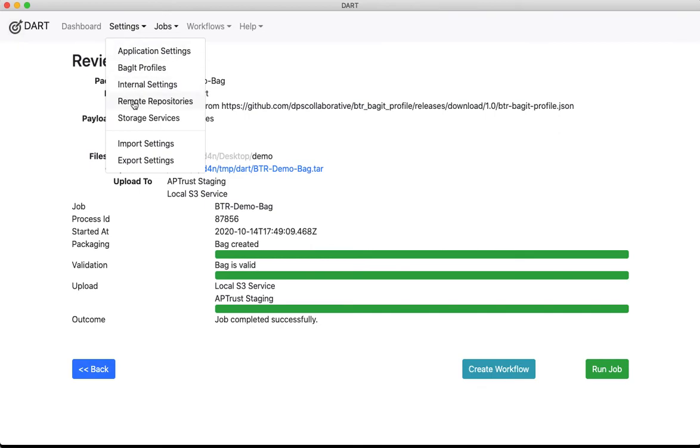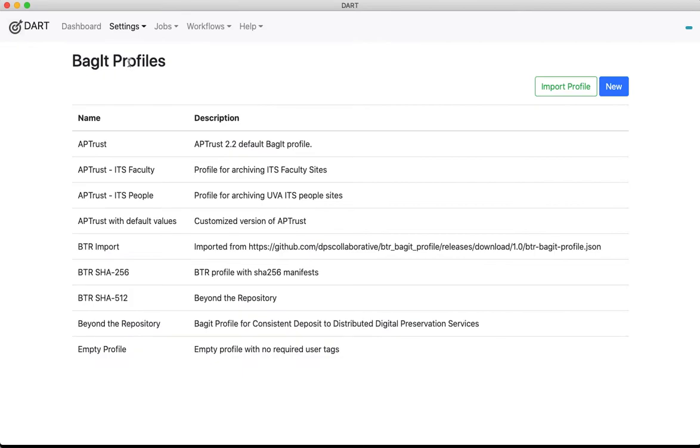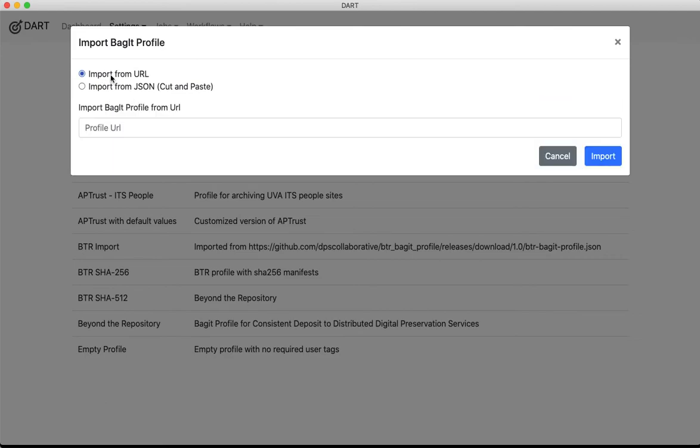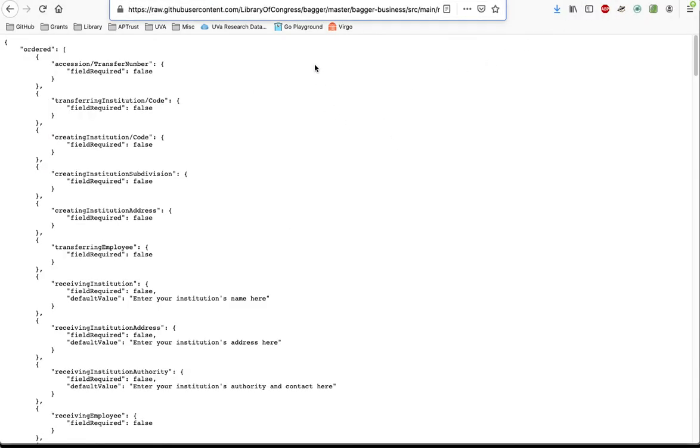If you are using some older profiles from the Library of Congress, you can also import those and actually convert them to the BagIt profile 1.3 specification. This is from the Library of Congress, from their GitHub repo. This is an old profile created before there was a spec describing how to create profiles.